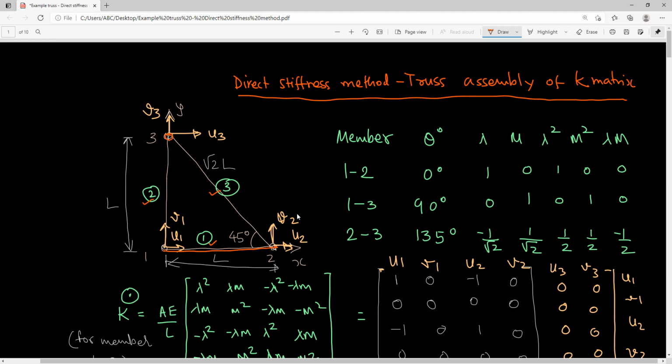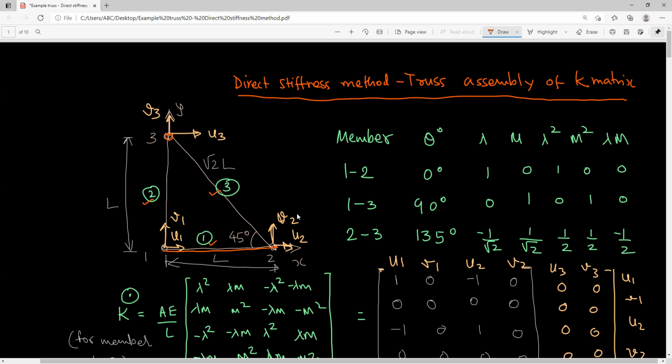Each of the nodes has two kinematic degrees of indeterminacy. As you know, the truss members can only take axial deformations, either tension or compression. So depending on the loading, the joint of each truss can move either horizontally or vertically. There are no rotations and no bending in the truss assembly.